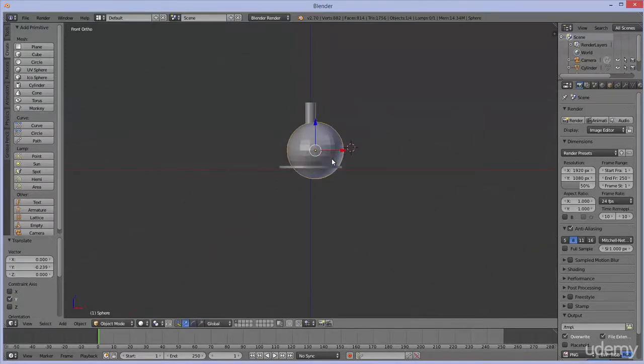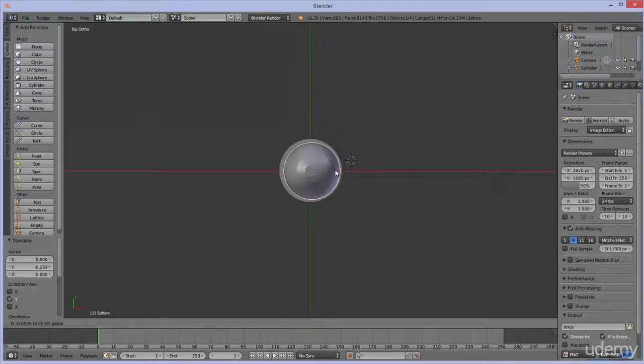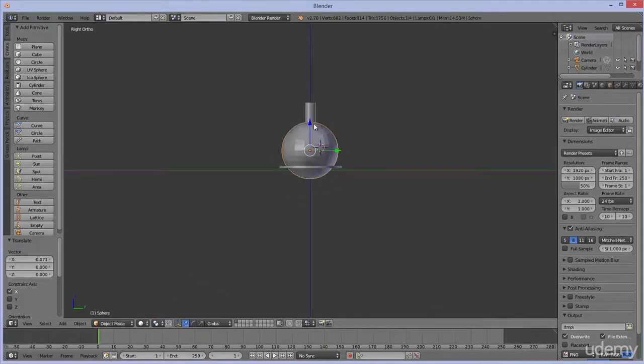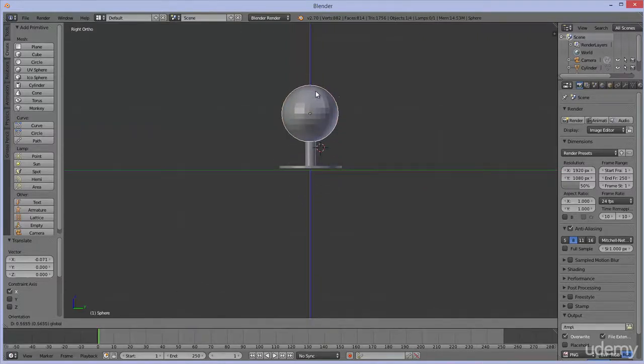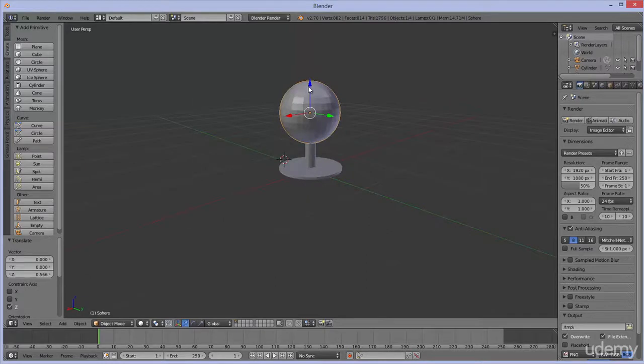You can always push the number pad, and I believe 7 is the one we want. So we're just going to move that right there. Okay, and we can push 3, and we can move this up, something like that here. Now we could stop right here and kind of have like a disco ball at the top of the sphere here. But what I'm going to do is